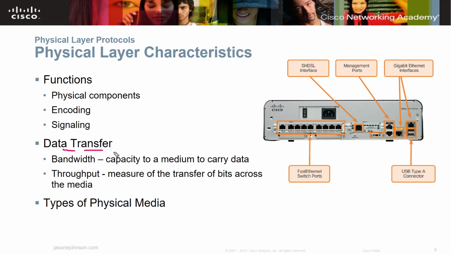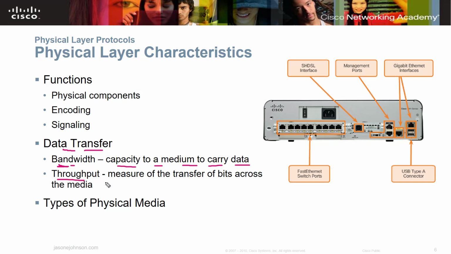The data transfer is impacted by the bandwidth, and the term bandwidth just means the capacity of a medium to carry data. I always use the term of a highway or a road, and I hope that's a good analogy here. If you have a small bandwidth, you may have a 2-lane road with traffic going both ways. And if you want to increase your bandwidth, you add more lanes to that highway. So you may have a 6-lane highway where you have 3 lanes on each side, or 6 lanes of traffic that you can send data back and forth. Think of that as your bandwidth. That's the size of your medium that you can transfer data through.